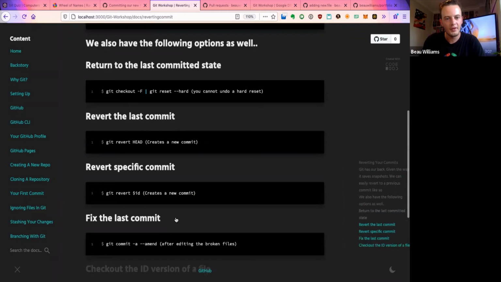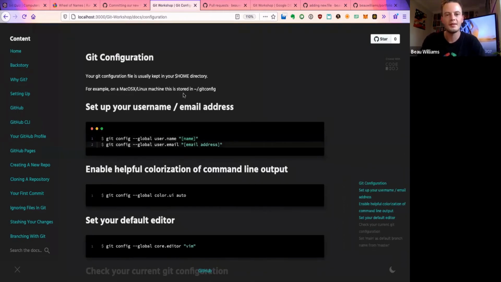It's also going to show us what file is actually setting up this configuration, where that is stored.